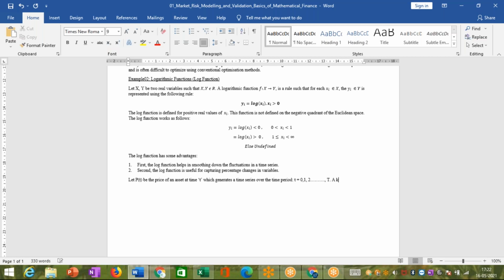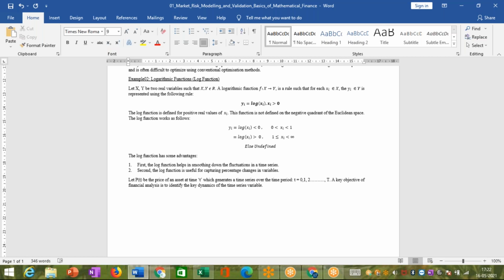A key objective of financial analysis is to identify the key dynamics of the price variable, of the time series variable,